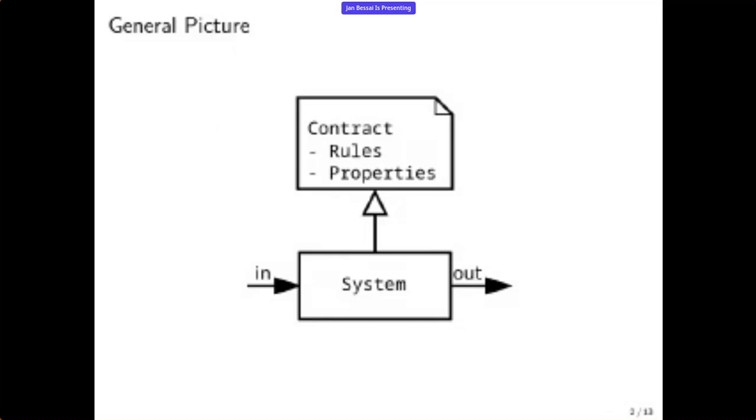So in the general picture, we have some system which has input and output, and we want to say that the system implements some contract. This contract may have rules, may establish some properties of the system, but in general, it's